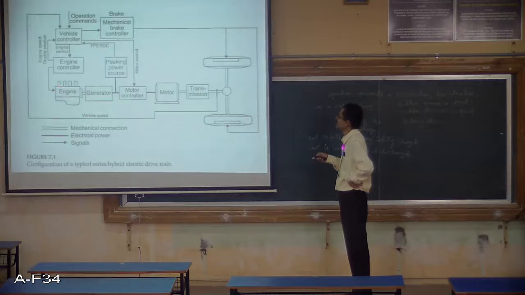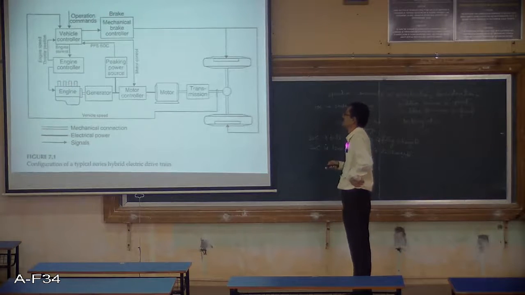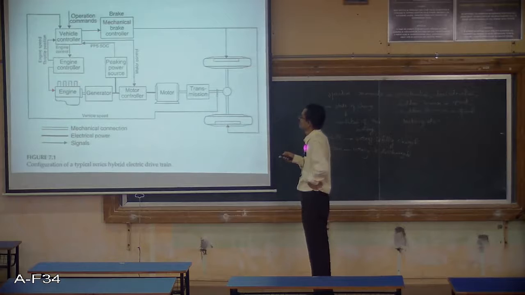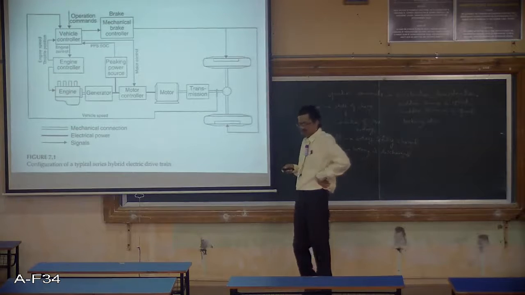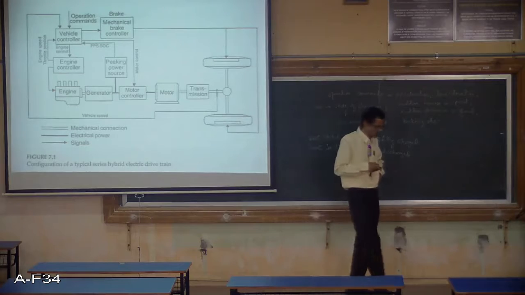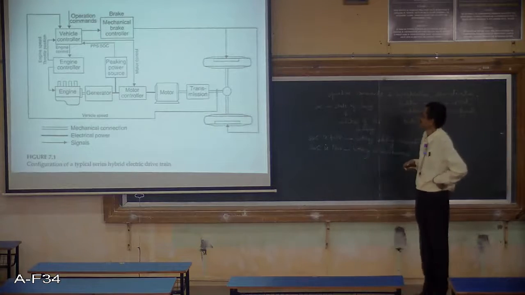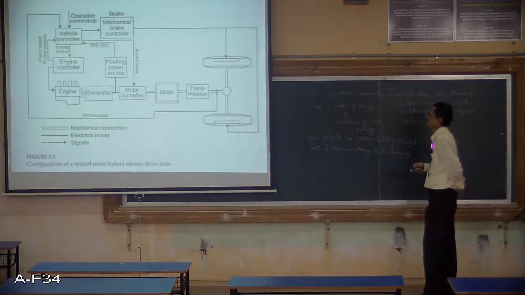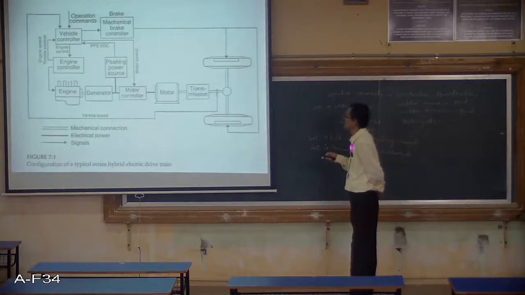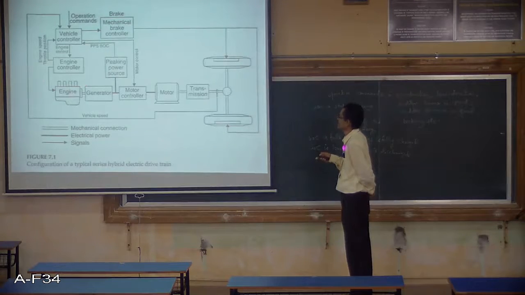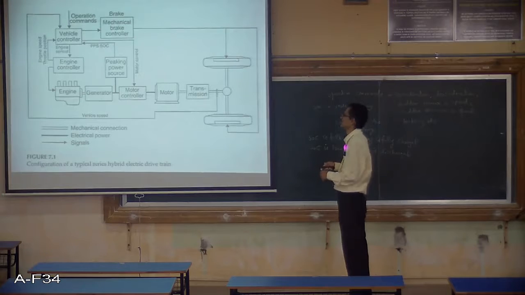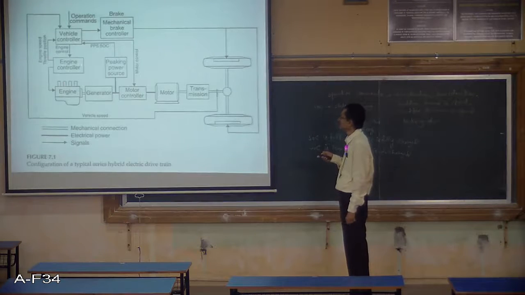So here, whatever blocks you see at the top, these are the corrugations, or these are nothing but the heat sink arrangements for the engine. So this can provide air cooling of the engine and the temperature can be controlled. So this engine controller gives the input to the engine.